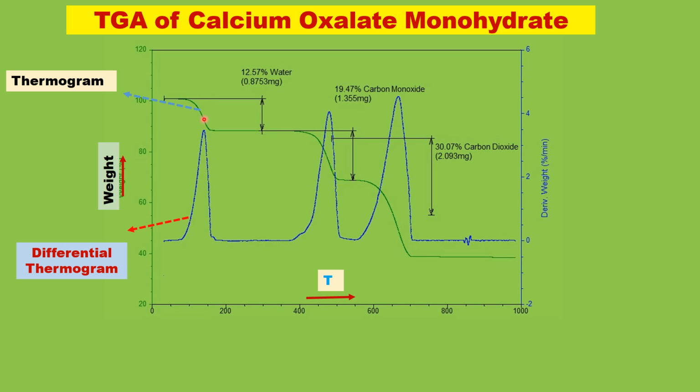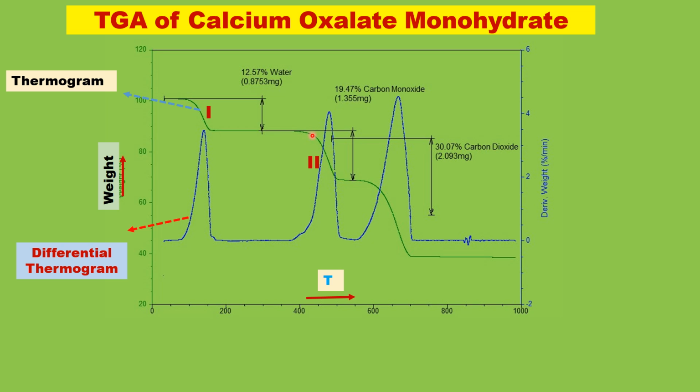See, as we have seen, there are 3 steps. In the first step, water is eliminated with increasing temperature. So this is the mass change. Mass decreases due to removal of, or loss of, water molecule. And in the differential curve, dm/dt, you will get a peak at this point. So this is one peak, and then